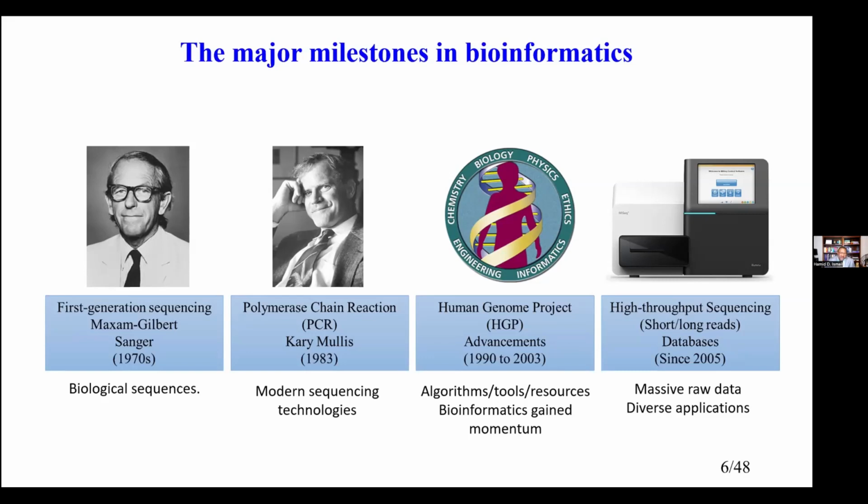And instead of hundreds of scientists, a single scientist and a single piece of equipment can do that job. So with this technology, massive data were accumulated, and this massive data actually helped us to develop bioinformatics, because